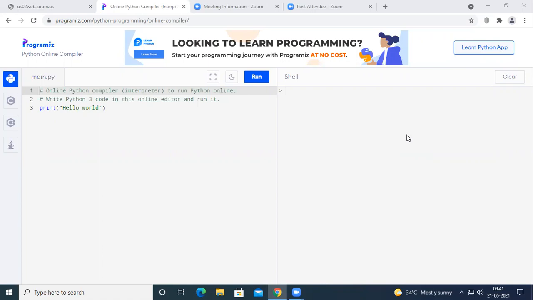In the first part of this unit, we have already completed the operations on list and the operations on tuples. So in today's session, we are going to concentrate on the operations on dictionary.